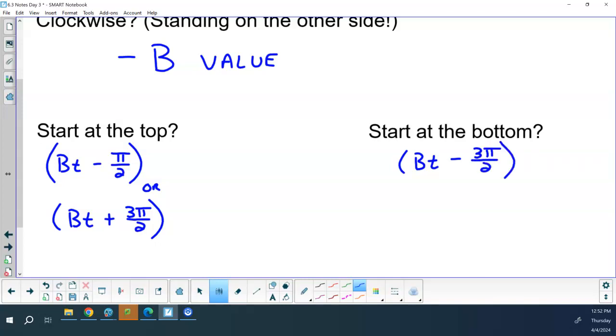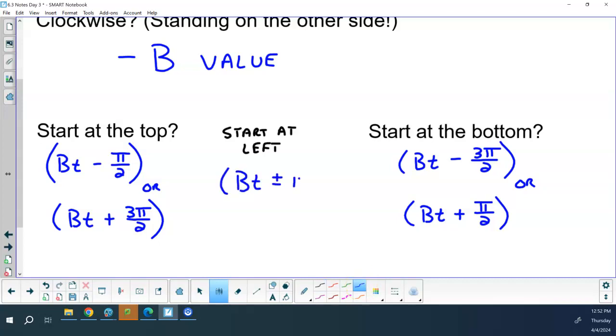it would look like that, or it would look like that. If it started at the left, then it would look like that. Plus or minus pi. Doesn't matter, because plus pi puts you on the left side, minus pi puts you on the left side. Okay? Or if we said some other angle,